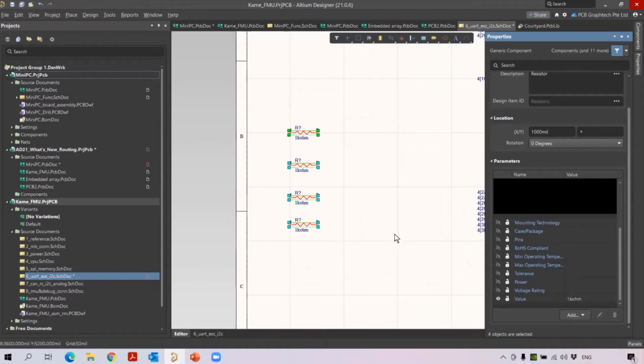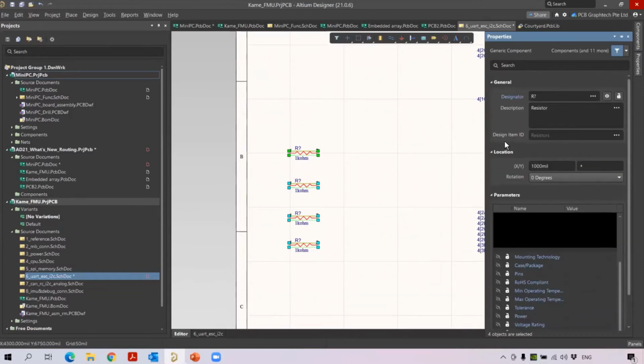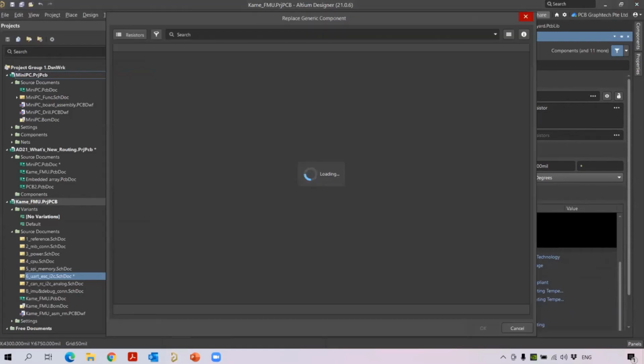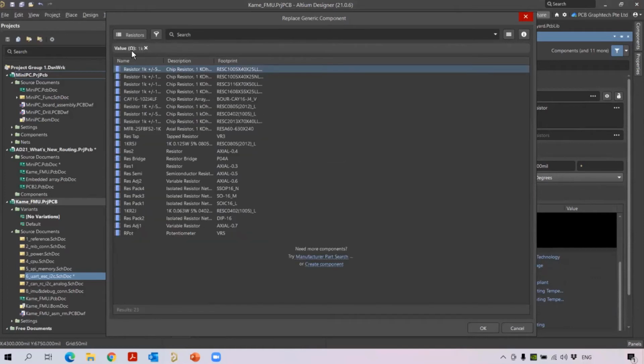So you can add in like that. Then in the later stage, as I told you, the generic components can be added at any stage, earlier basic stage, standard, or the advanced stage. So when I add it as a draft standard stage, in the later advanced stage, if I want to edit the components or change the component, you can go to the design item ID and then you can click here to get your components which is specific for that particular 1 kilo ohm resistor. It automatically selected 1 kilo ohm resistors alone.